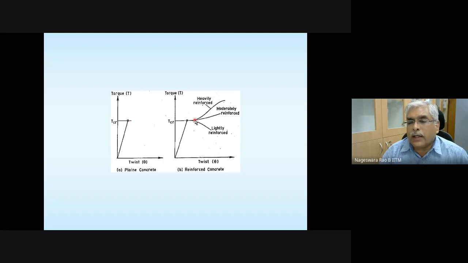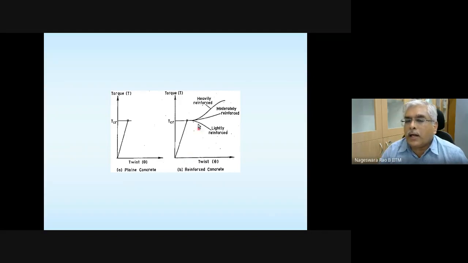Whereas for reinforced concrete, you have some steel provided. That steel is going to take over after this. But you can see here, the slope of this line, the slope of this torque versus angle of twist, is nothing but your torsional stiffness. Torsional stiffness is nothing but the slope of that curve, torque versus angle of twist.